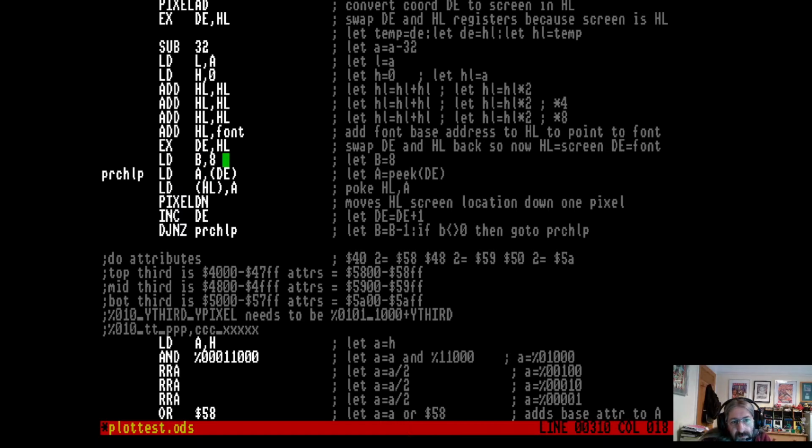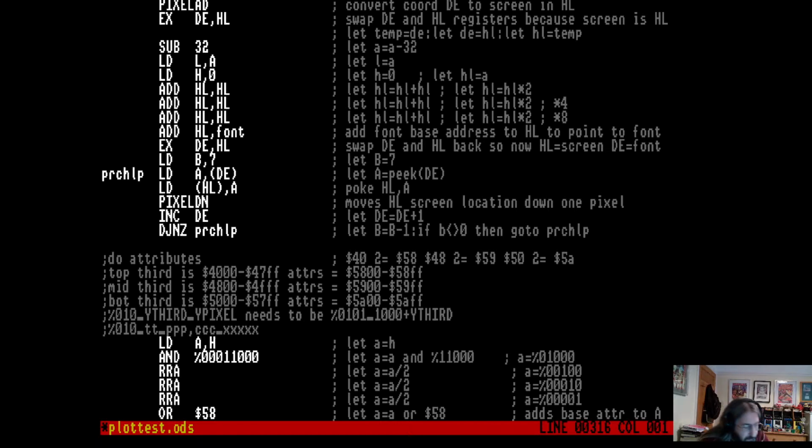We could change this to 7 and then add another load A with DE and load HL with A. That might be better actually. Because what's happening is it's moving down a pixel each time it goes through this little DJNZ loop. And what happens is when we convert HL to an attribute address, it's actually,